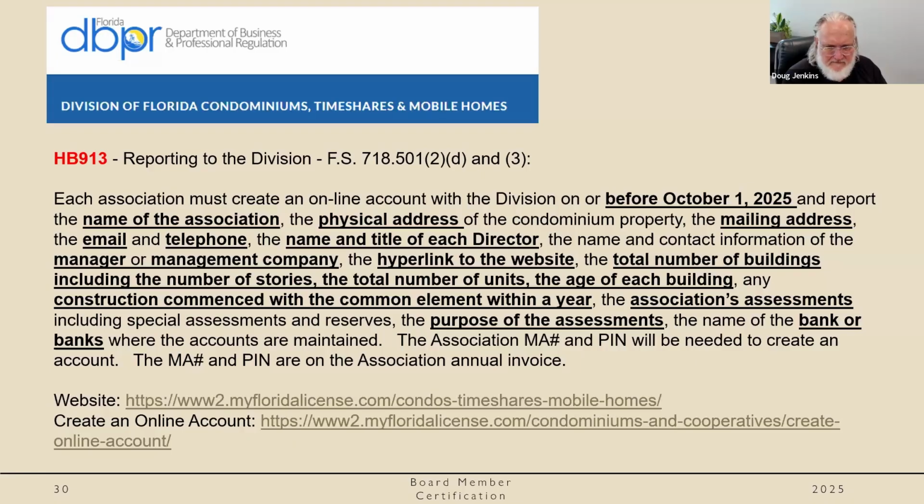A couple of links here are the website for filling this information in, or the instructions, and also then the link where you